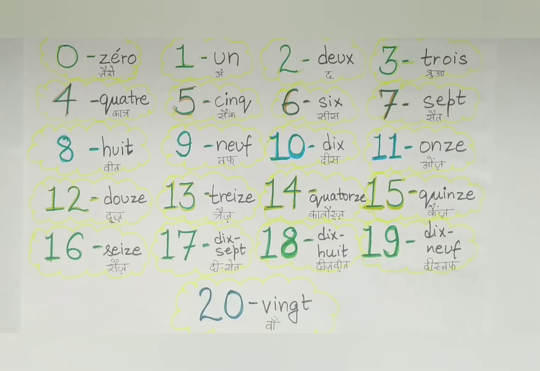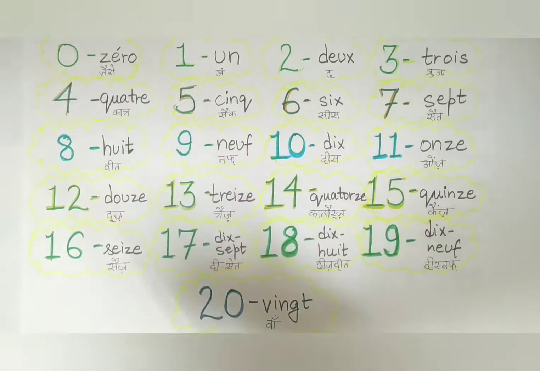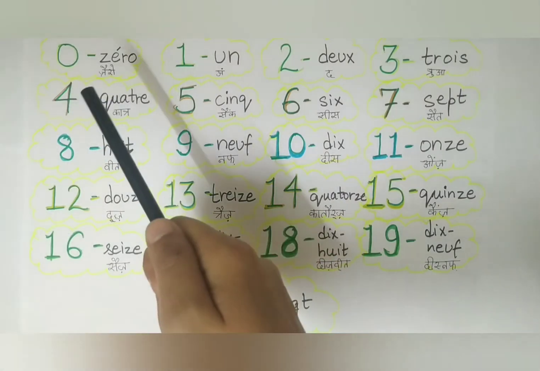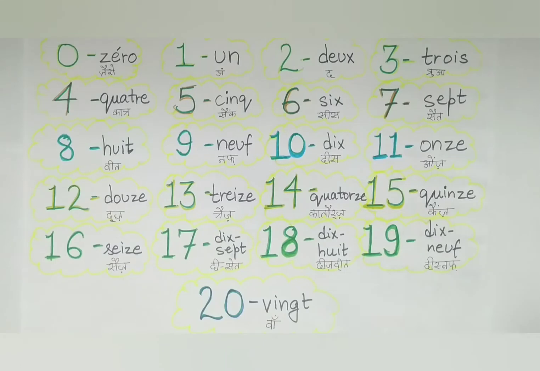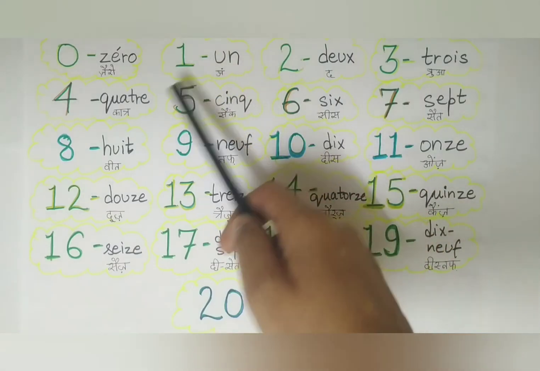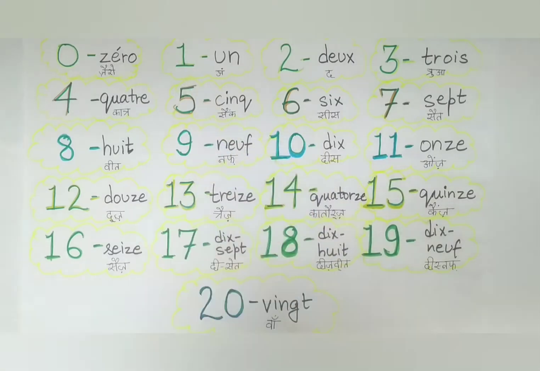In this video we are going to learn about the numbers in French. So we write the numbers in French exactly the way we do in English, but the number names and their pronunciations are different. So let's look at the first one, 0, but in French we will pronounce it as zéro. Then we have the number 1, which in French is un. So this one is un.